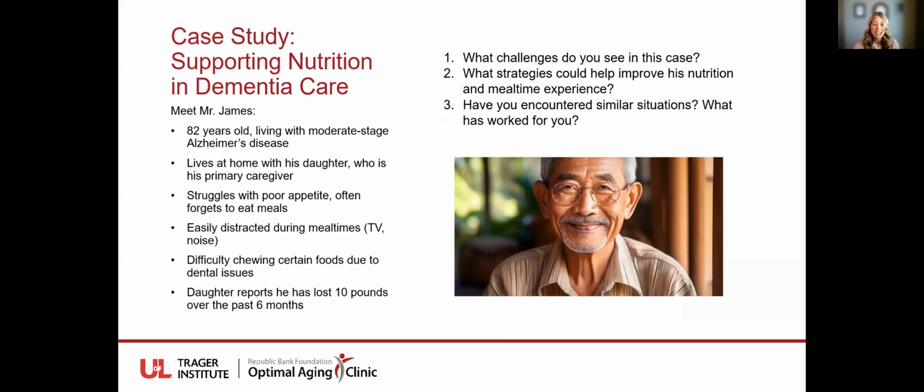Okay, let's meet Mr. James. So, Mr. James is 82 years old and he's living with moderate stage Alzheimer's disease. He lives at home with his daughter, who is his primary caregiver. And lately, his daughter has noticed several changes. So, Mr. James has a poor appetite. He often forgets to eat meals completely. And he gets really distracted during meal times, especially if the TV or other noise is on. He also has trouble chewing due to some dental issues, and he's lost about 10 pounds over the past 6